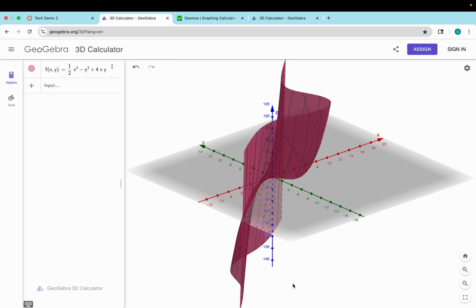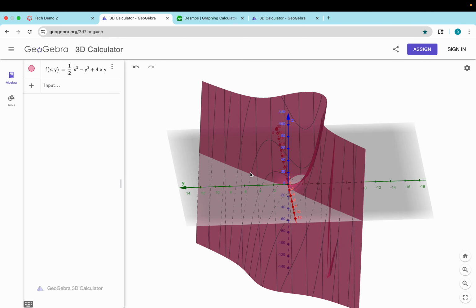First, I'm graphing the function f of x and y equals 1/2 x cubed minus y cubed plus 4xy in this GeoGebra 3D calculator. This function contains both cubic and linear terms, which gives it a complex surface with twisting shapes, saddle points, and